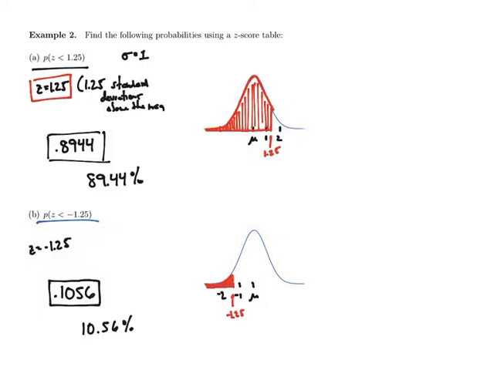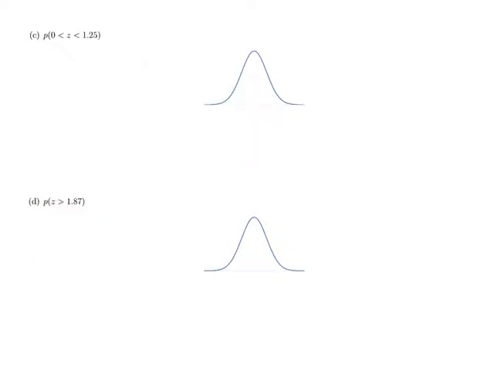So let's do it a few more times with some more complicated things. Let's find the probability that z is between 0 and 1.25. So 0 is the middle, that's our mean. We have 1 here, we have 2 here. Here's our 1.25. So now we're just finding the area in between 0